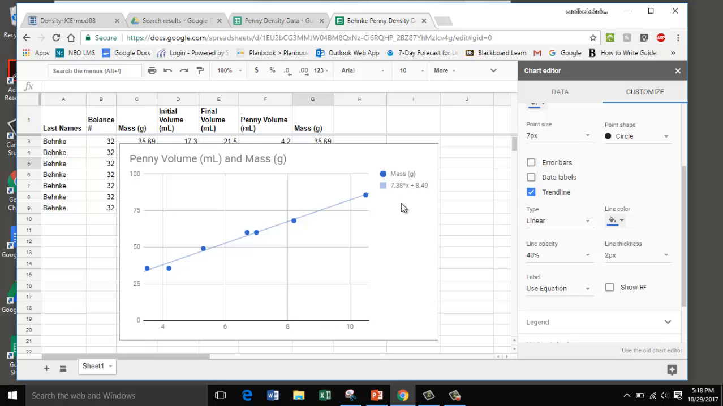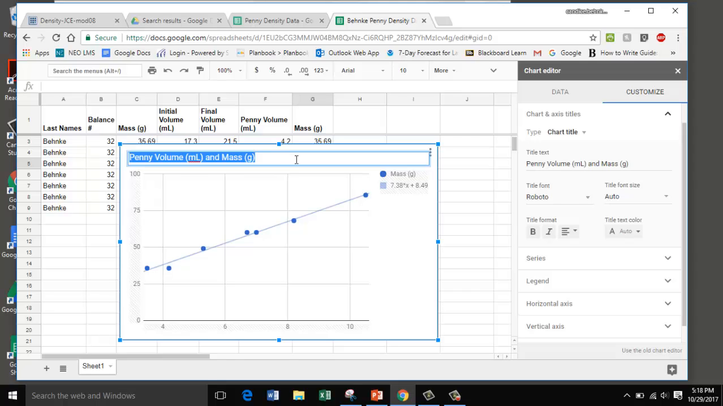So I would like you to make axes labels. This is a graph of mass versus volume. Whatever is on your y-axis is what you start with, mass versus volume. So I'm going to say mass. I'm going to call it penny density. Mass in grams